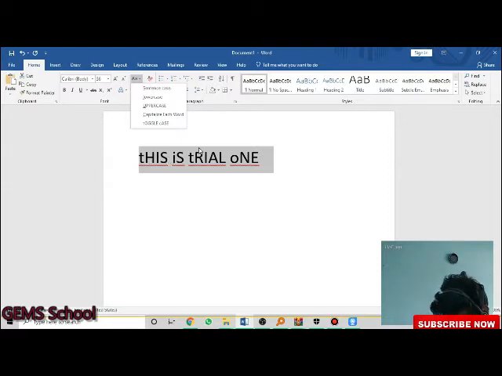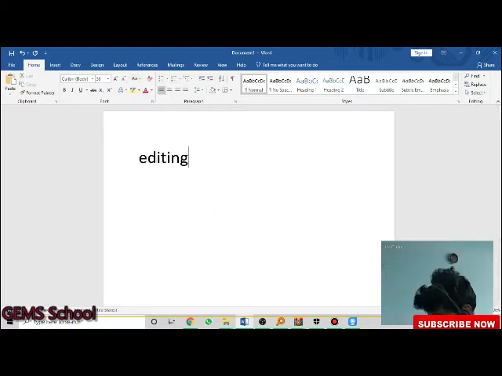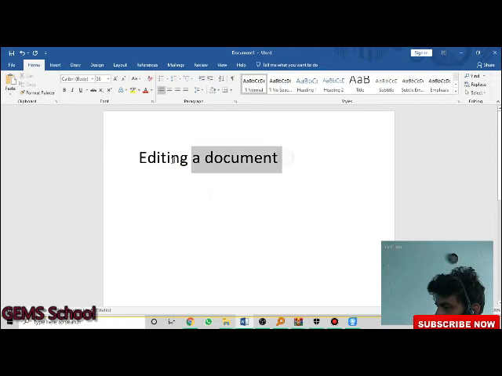Okay, now again, you can see page number 55. Now, editing. See that, I type something. Now again, what do you mean by lower case? Actually, lower case converts all letters into lower case. For example, I type in capital letters and I want to change the entire words to lower case. I have to click there, lower case.